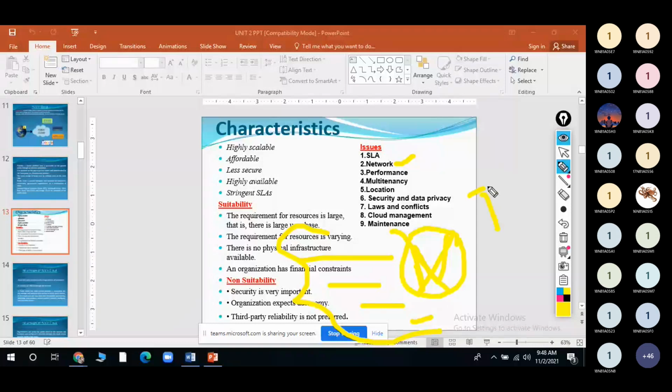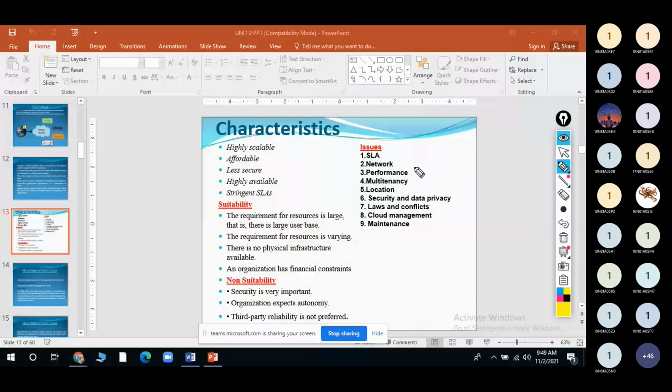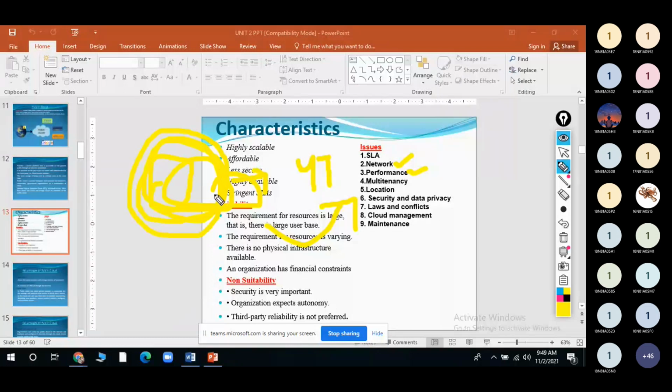Then network, obviously, you are connecting to the network and utilizing the services, right? So mainly network issues will come. And performance: network means, for example, whenever you are opening YouTube, if your internet is good speed, then you can open that site within a fraction of a second. If your network is slow, it will keep rolling, it keeps spinning until the charging runs out.